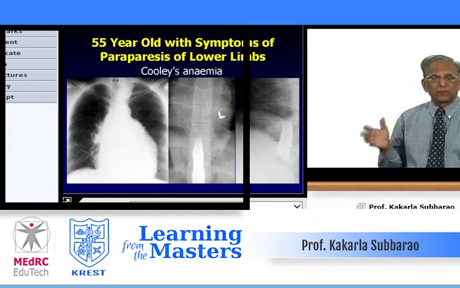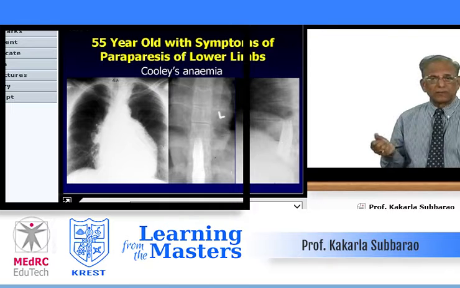And then how does it form? There are several theories. The hypermedullosis of the spine of the vertebra squeezes its material and forms a mass, or the lymph nodes in the retrocardiac area can get deposits of extramedullary hemopoiesis and become big. This is Cooley's anemia with extramedullary hemopoiesis.